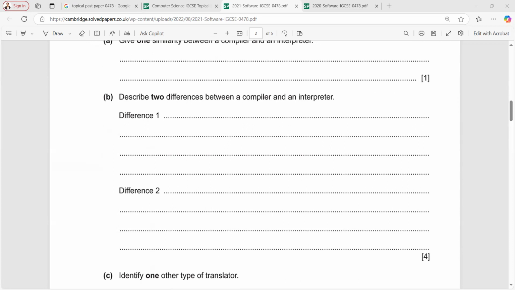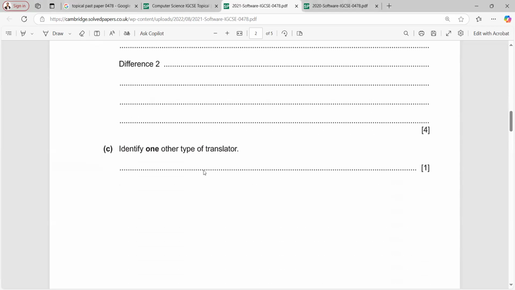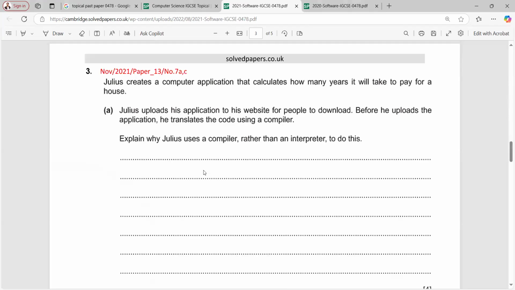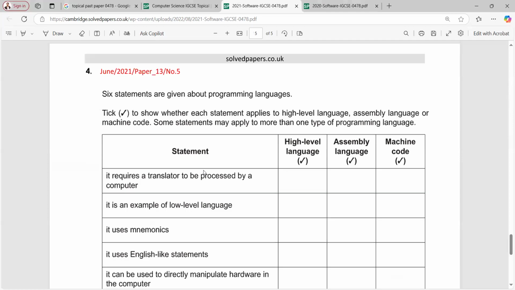The compiler translates a high-level language into machine code, and the interpreter executes a high-level language one line at a time. बेहतरीन। Identify one other type of translator. Assembler. बेहतरीन।